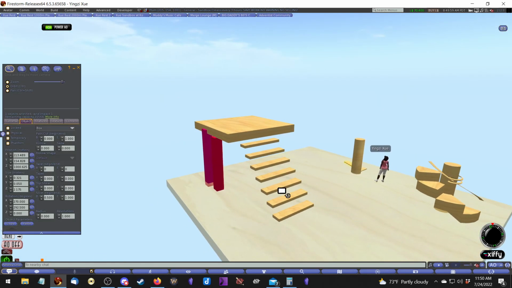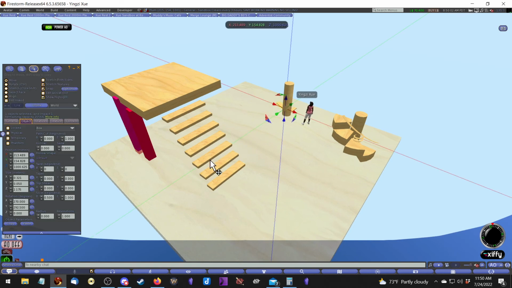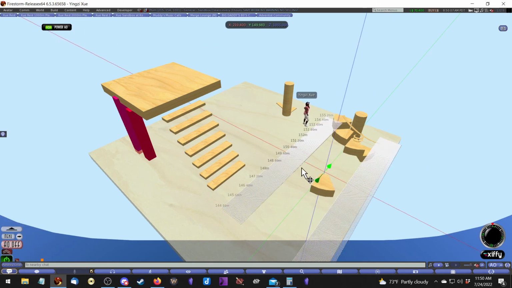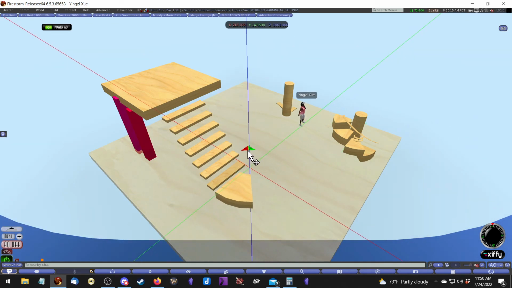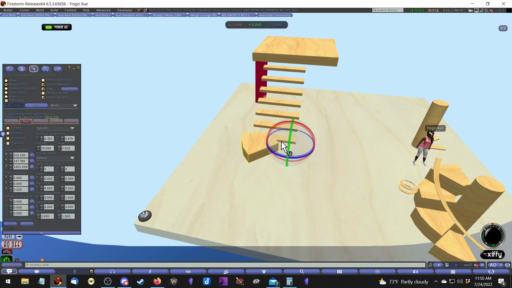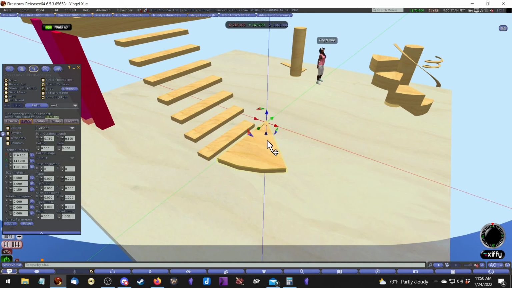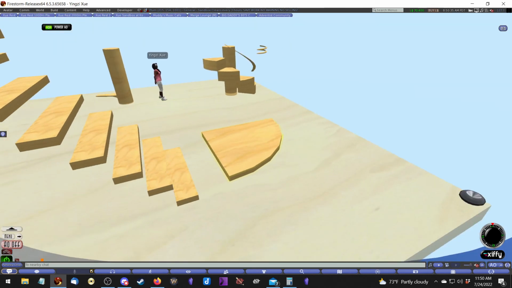Now there is one other thing that I wanted to show you that I forgot. You can take a cylinder, right, like this one here, and you can resize it like this, and you can put it over here. And let's say you're going to continue the stairs. Let me take this hollow out of here. Say you're going to continue the stairs. Let me set this to the same. There we go. The stairs are going to continue on